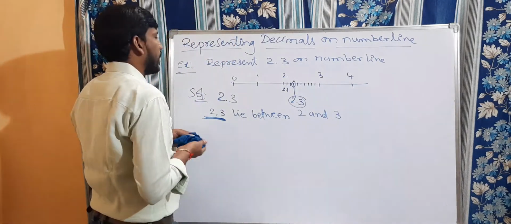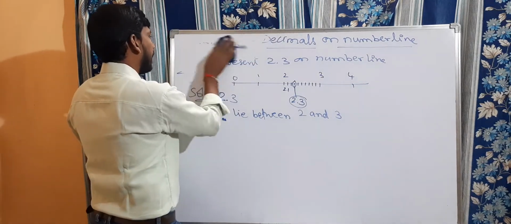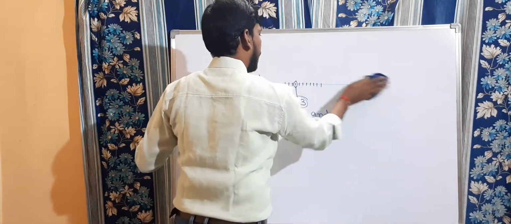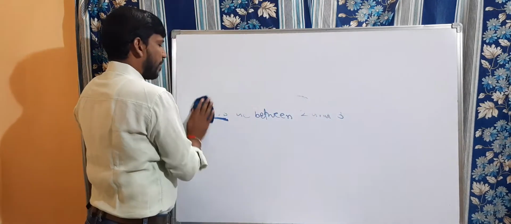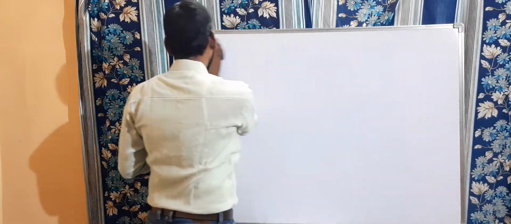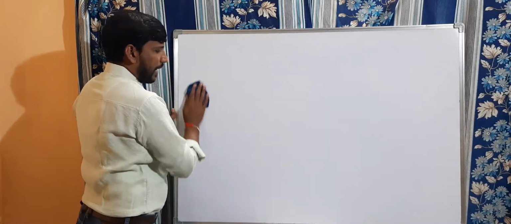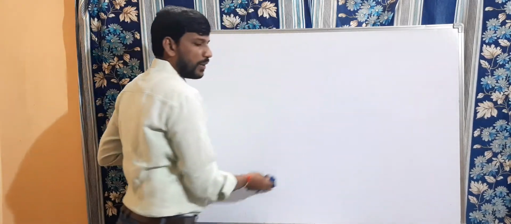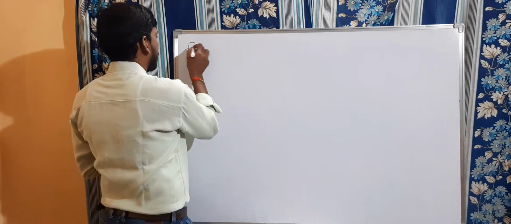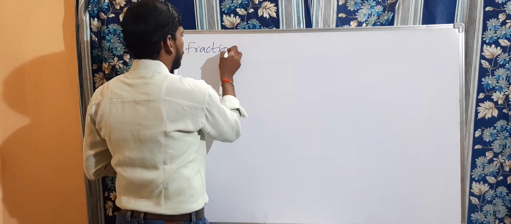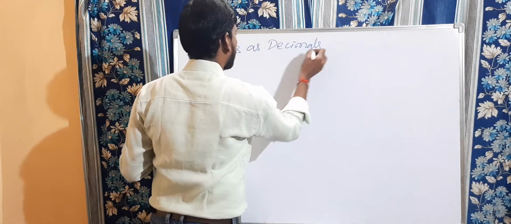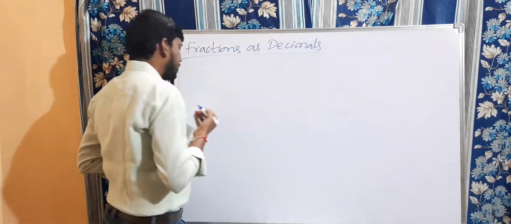Now see, just now we discussed the 1/10 part. Here it is very simple. Whenever you have a fraction, you should make the denominator compulsorily 10. If you write 1/10 part as a fraction, it is 1/10 only, that is 0.1. Let us see this here: fractions as decimals, and next decimals as fractions also. Both are there. Let us discuss here.